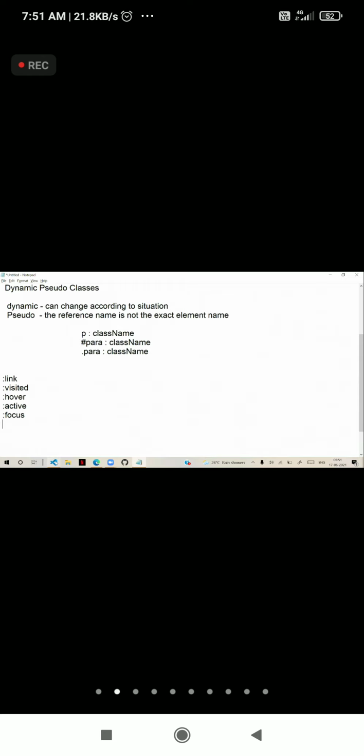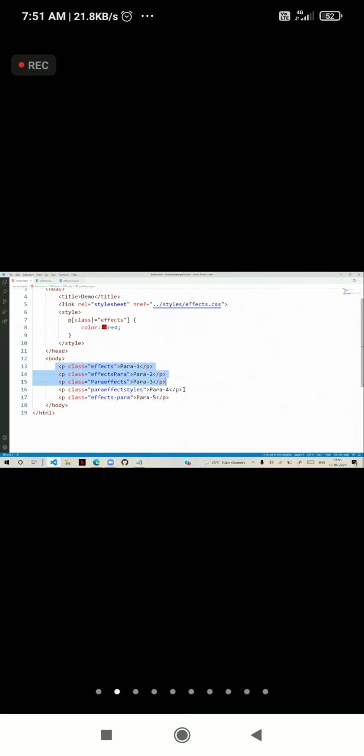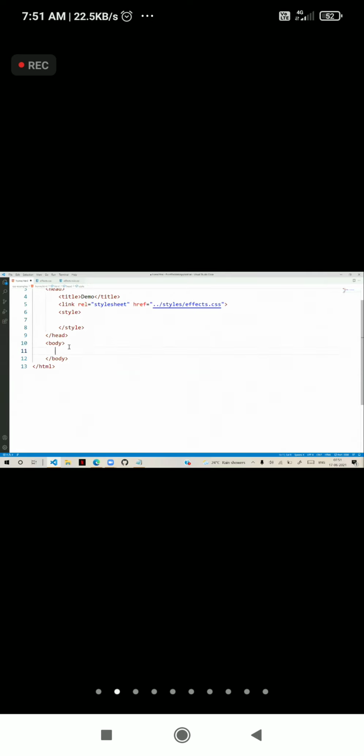So already we learned about the hyperlinks concept, and here I am writing an anchor, href is equal to amazon.in, and we write Amazon like this.